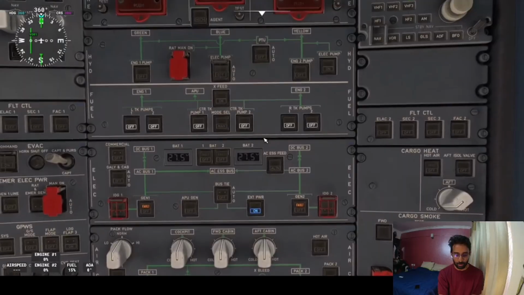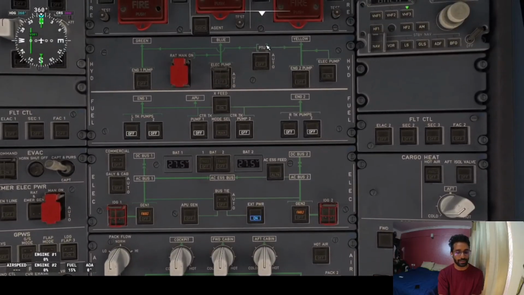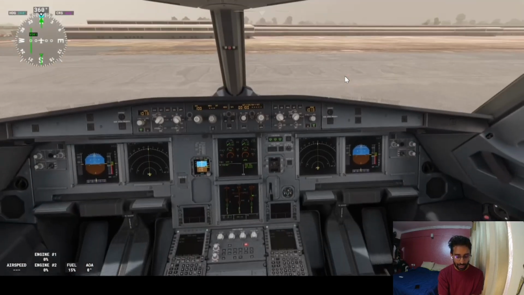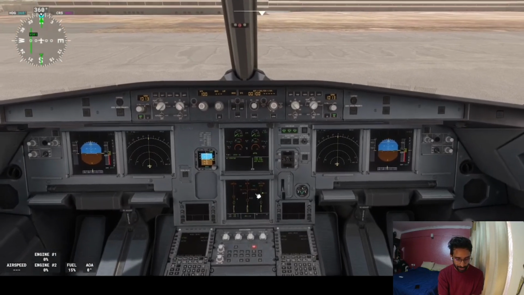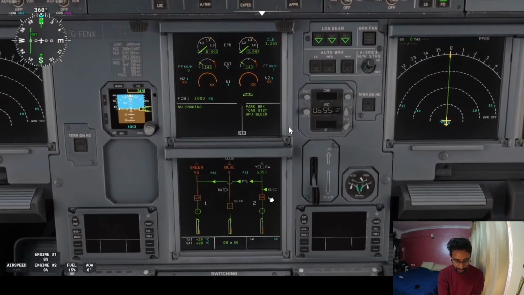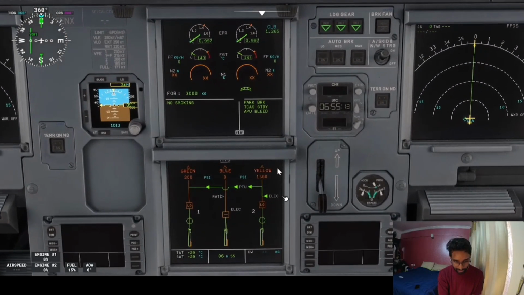Now this is your overhead panel. We talked about it, right? All the same switches that you can see. Now I'm going to operate the yellow pump. Remember, when you press it, it becomes on, right? Because it's normally off. So when I turn on a yellow electric pump, what happens? See, this time the yellow electric pump runs. When it runs to a certain PSI,